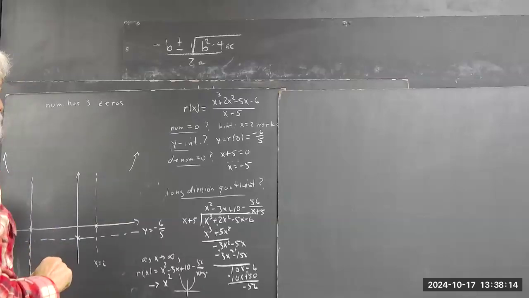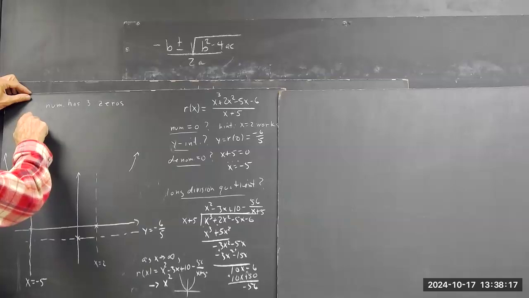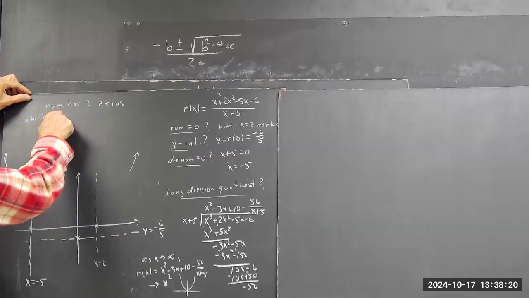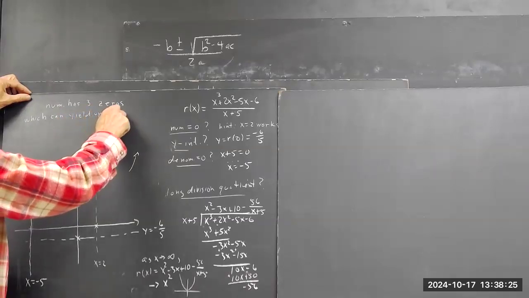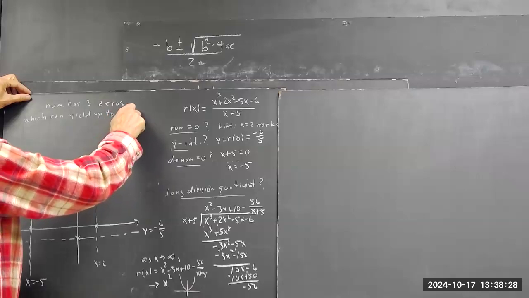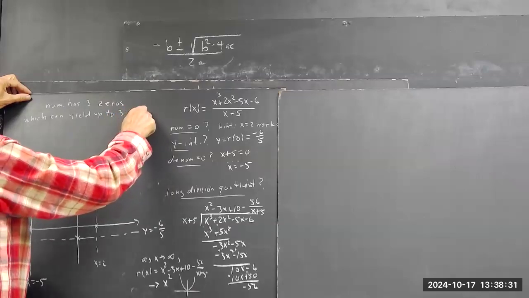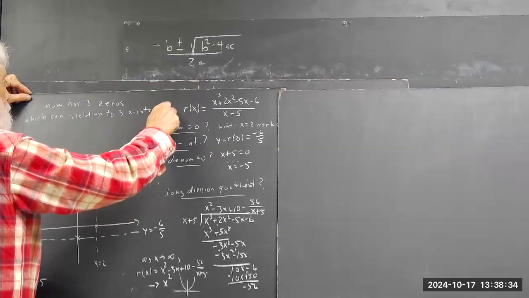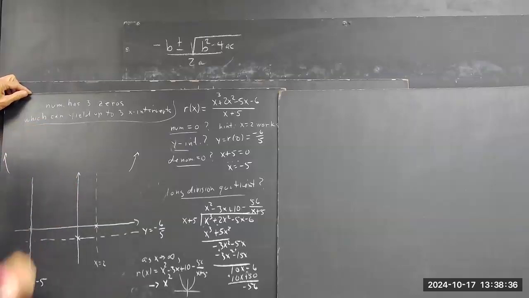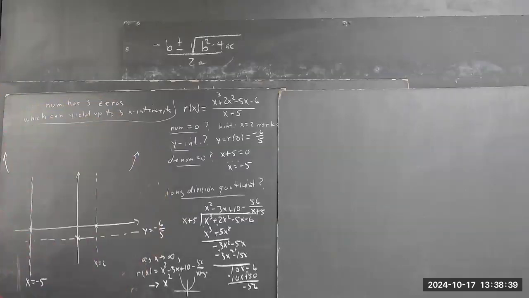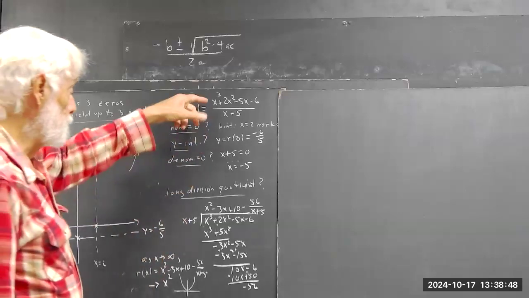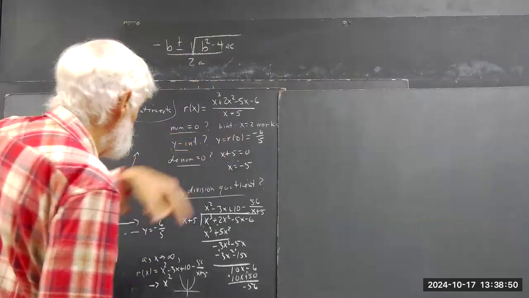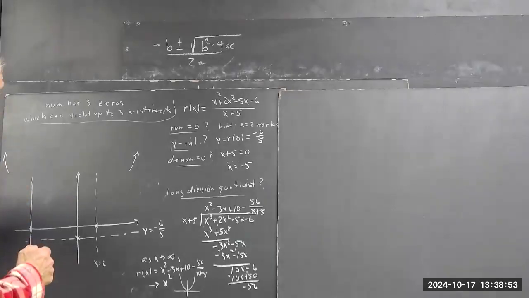Numerator has 3 zeros, which can yield up to 3 x-intercepts. Now, some of the zeros might be complex. They don't lead to x-intercepts. Only the real zeros lead to x-intercepts. You've got one real zero, that's x equals 2. Okay. Well,